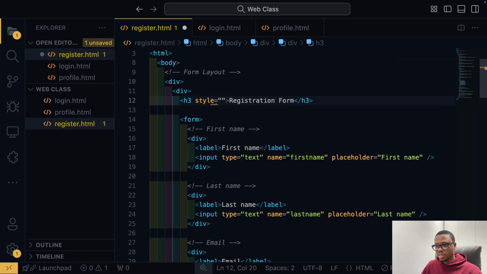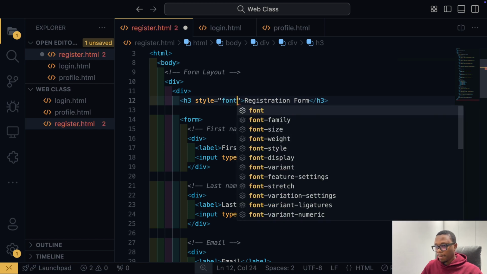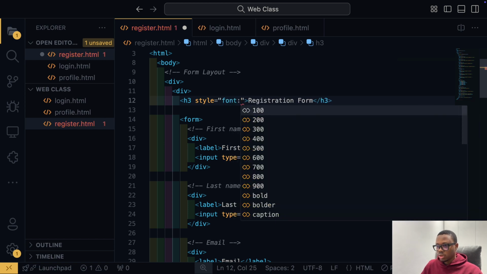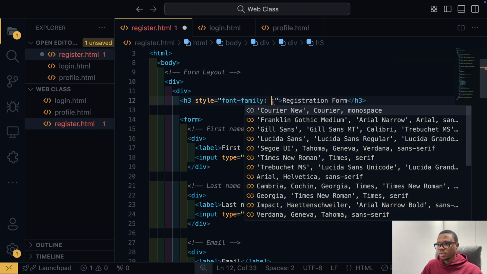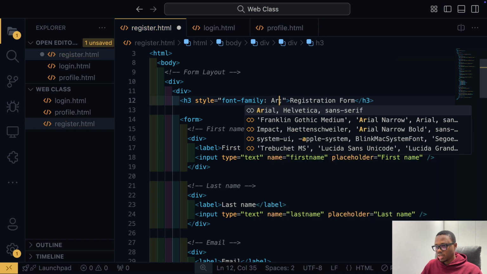And inside the style, I'll change the font family. So the property for changing the font of an element is called font family. Don't worry, I'll talk about properties, I'll talk about values. So I would say font family is Arial,